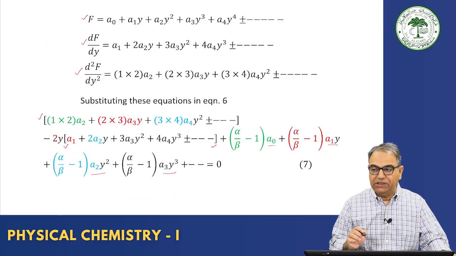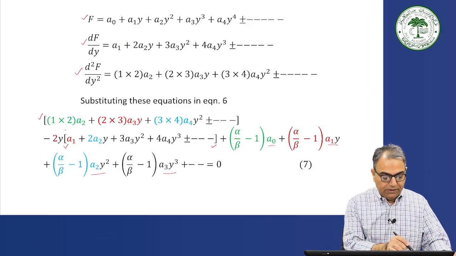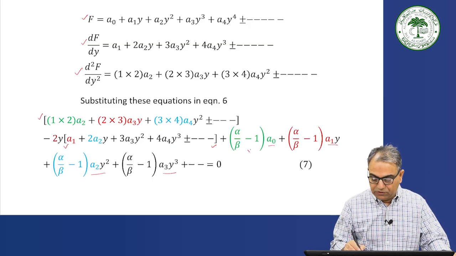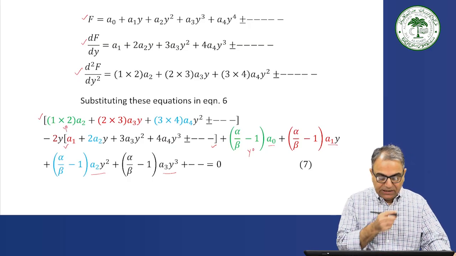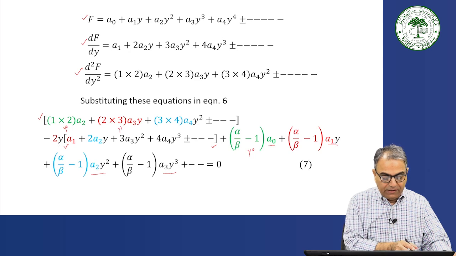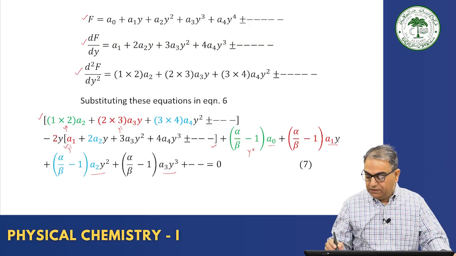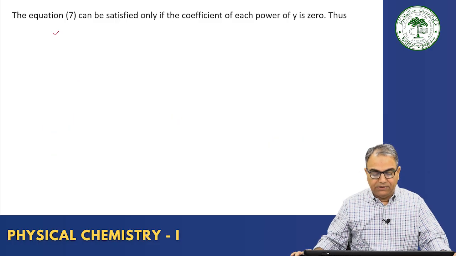So this equation is valid only when the coefficient of each power of y is equal to 0. This green is for y raised to the power 0. Then this is y raised to the power 1. See, 2ya1 is also y raised to the power 1. Same way you can write higher terms also, and the general term